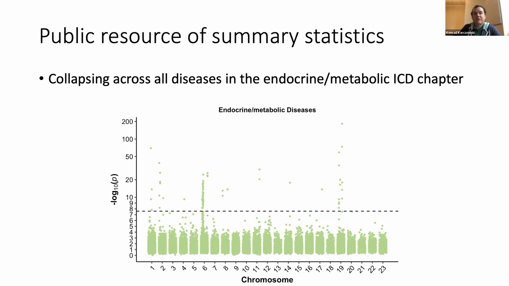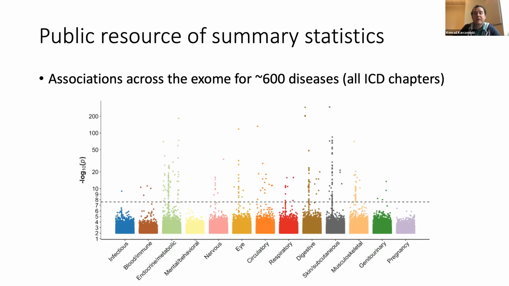And so we didn't just do endocrine diseases. We did every ICD code that we could get our hands on, and we repeated the same for each ICD chapter. And now you can see, again, each of these is a Manhattan plot encoded in here, looking across all ICD code chapters. The HLA peak you can see jumping out for many classes of diseases, which is obviously an important locus for human disease. But there are plenty more significant hits popping up across the genome that sometimes are not shared across phenotype categories.